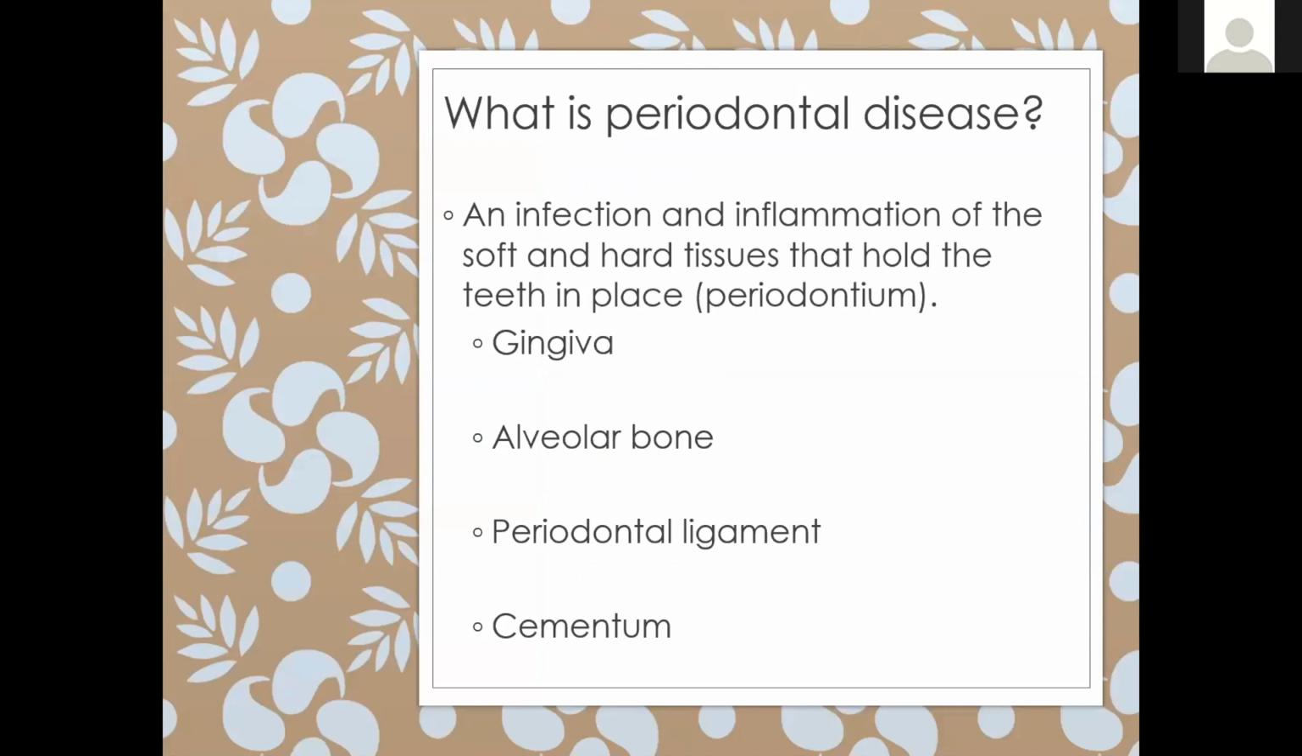So periodontal disease in general is an infection and inflammation of the hard and the soft tissues that hold the teeth in the mouth. So the predominant tissues that we're talking about are going to be the gingiva or the gum tissue, the alveolar bone or what the teeth actually sit in, the periodontal ligament. And think of the periodontal ligament as the shock absorber. It's the ligament that allows our teeth to actually move and have some physiologic movement within the mouth. And then the cementum, which is the outside covering of the root of the tooth that attaches to the periodontal